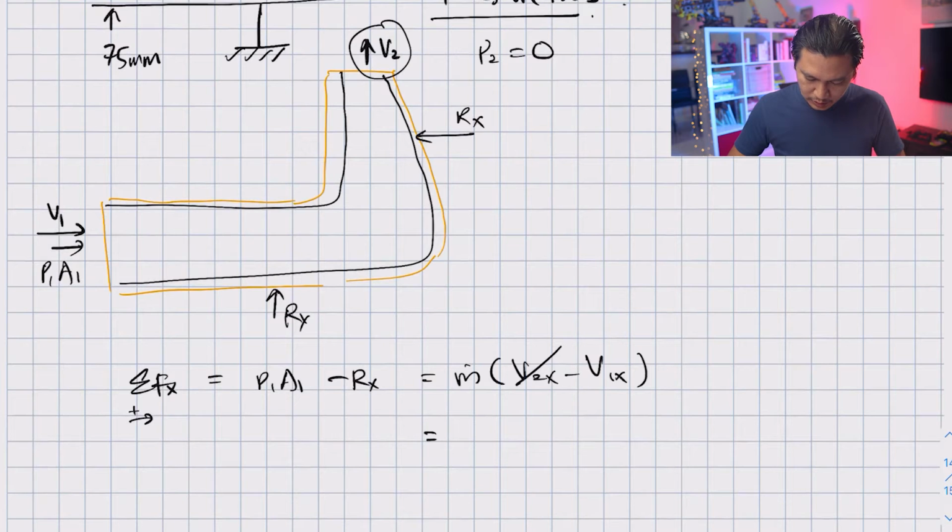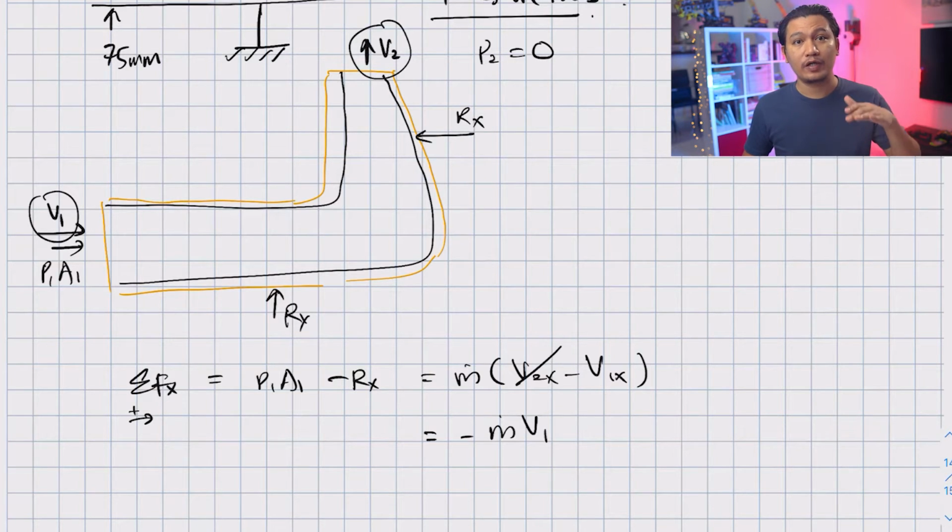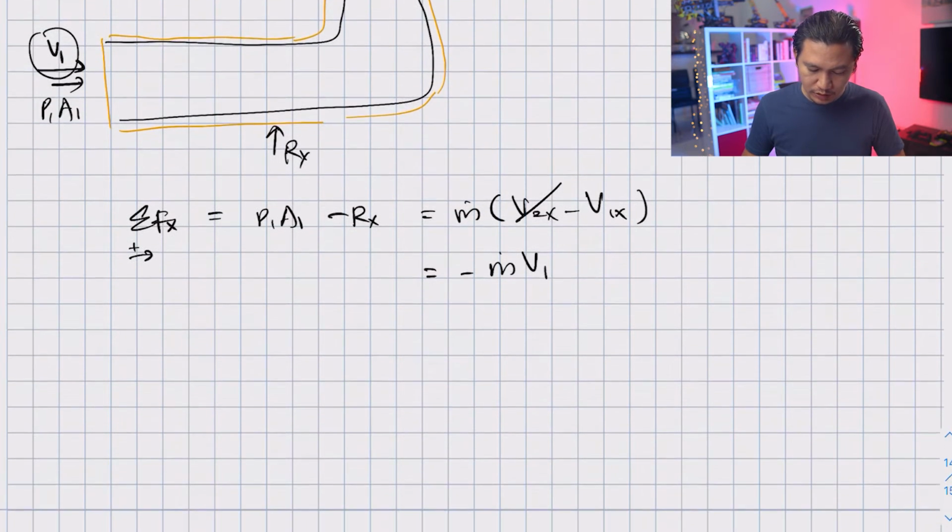Okay, so this is going to be minus m dot times V1, because at point 1, velocity at point 1 is only in x direction. So V1x is equal to V1. Now that we have our equation for force in x direction, let's do summation of force in y direction. So let's do positive is upward. So this is equal to,